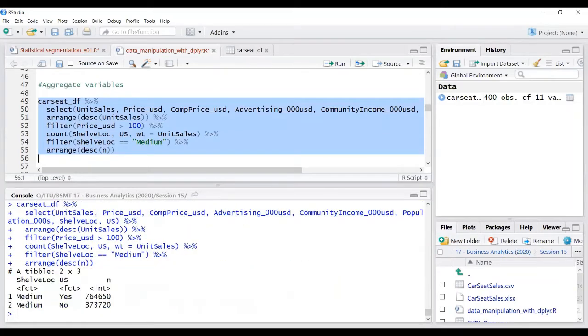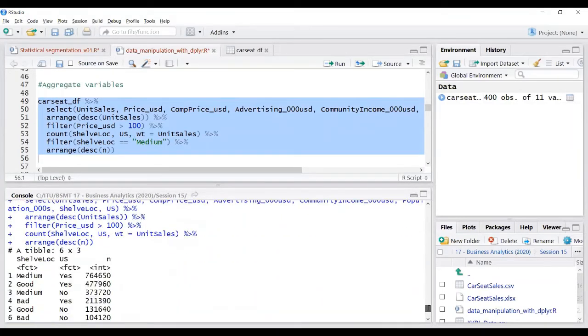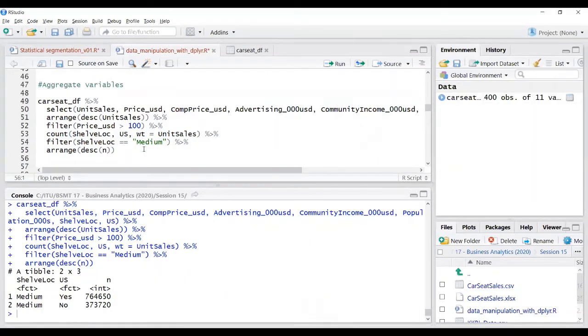Okay, so it works now. So medium, yes, no, and we have the same numbers here again. जो ऊपर आया था 764 and 373 था, उसको फिल्टर कर सकते हैं उसके बाद में। और सर ये वाला फिल्टर जो आपने लिखा है ये हमें हमेशा काउंट के बाद ही लिखना पड़ेगा अगर हमने उसके ऊपर कोई वर्किंग करनी है। अगर हम काउंट से पहले लिखेंगे तो वो तो पहले वाले डेटा वो कर देगा ना।